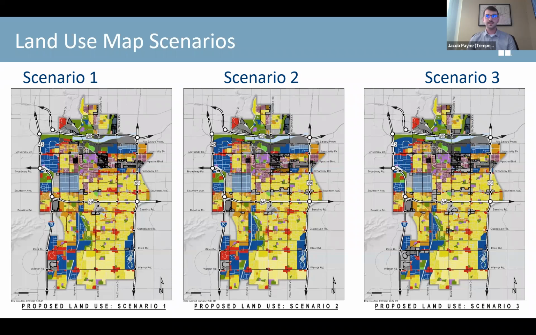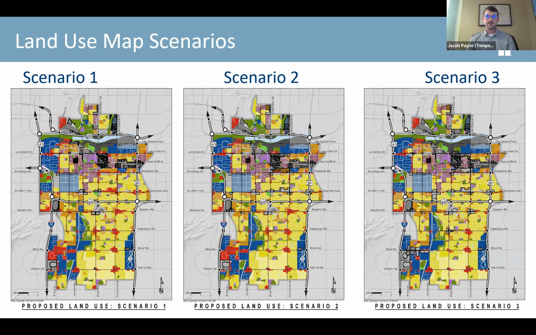In addition to that, there are some changes that are present in all 3 scenarios. I'm going to go through them right now, but just know that the next things I'm about to say are common across all 3. The Arizona Mills Mall and the Emerald Center are identified as mixed use for potential redevelopment or new development at the sites. The cultural resource area has been expanded near Mitchell Park to include an area that was already surrounded by designated cultural resource area. And the last thing common to all 3 is the area along McClintock Drive north of the 202 being identified as the mixed use industrial category.